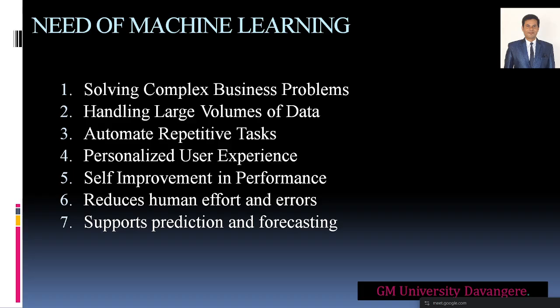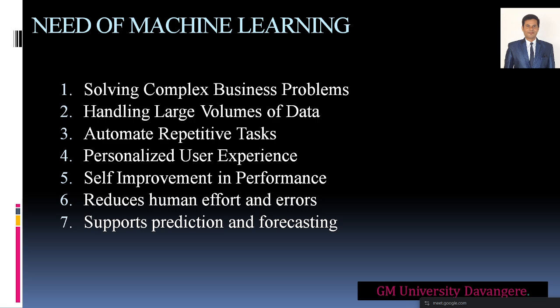So for that reason only we require machine learning. Machine learning is a subset of artificial intelligence, and it also learns by experience. If you give one input, and somebody gives another input, it will try to understand what input one person has given me and what input the other person has given me.